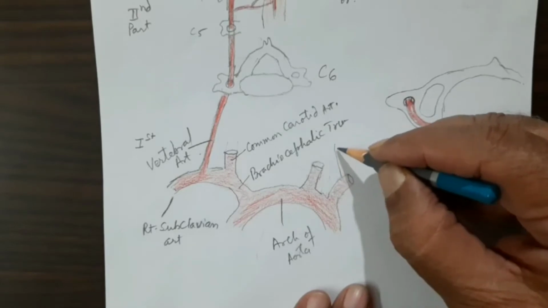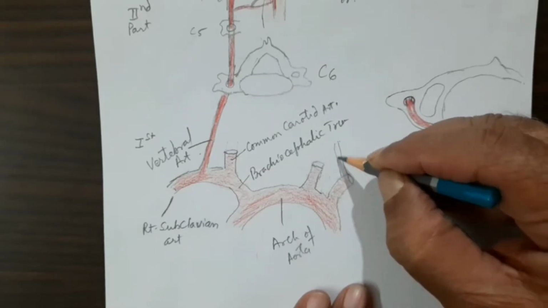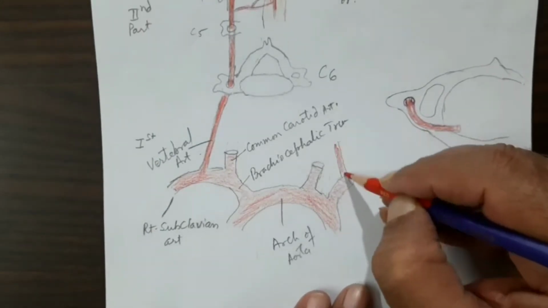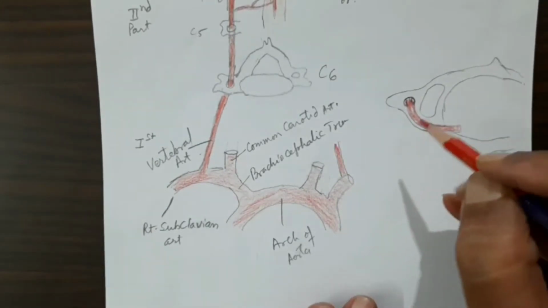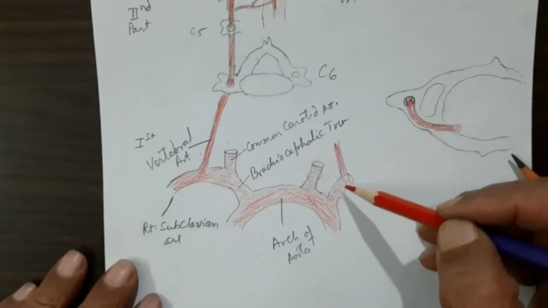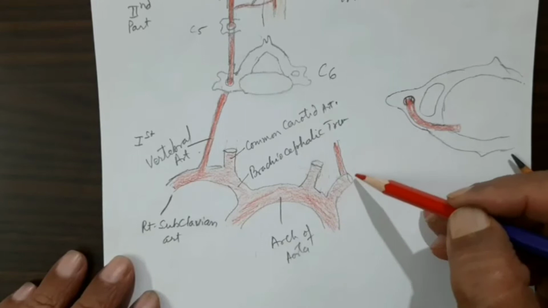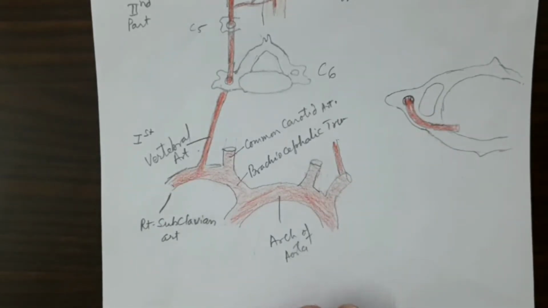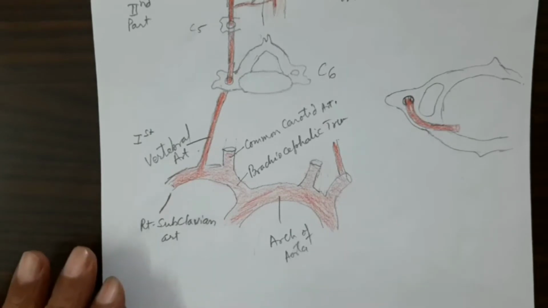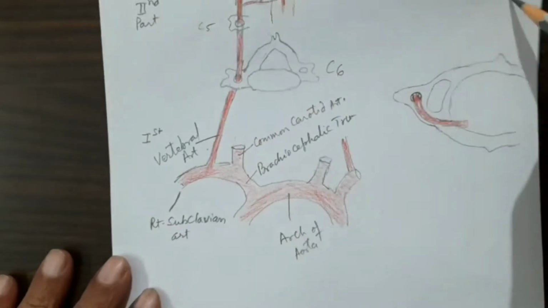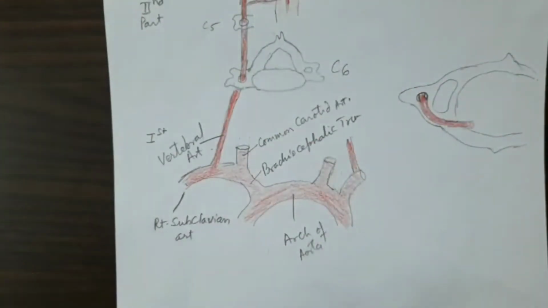And again the first part of the subclavian artery will give the vertebral artery on the left side. But this origin is from the subclavian artery, where it lies, again posterior to the sternoclavicular joint. So now you have seen how the vertebral artery from two sides arises from the subclavian